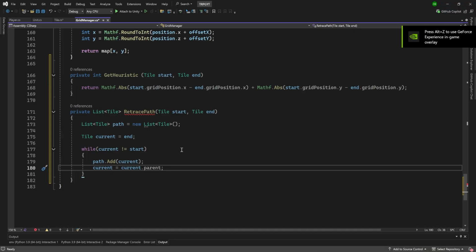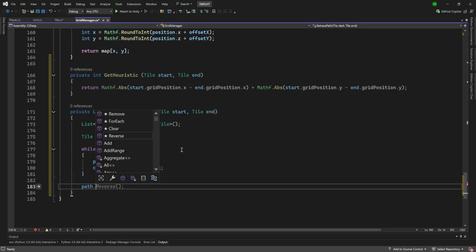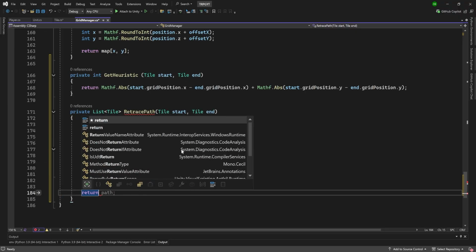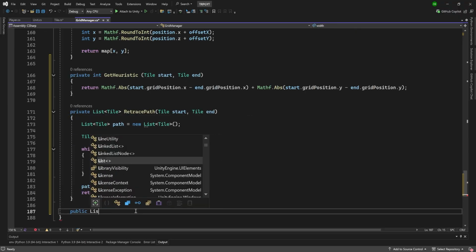So if we pass in the end tile and work our way back through the parents, it's going to give us a nice path from end to start. But obviously we don't want to go end to start, so we're going to do path.reverse, and then we're going to return the path. Now for the pathfinding, there's quite a bit here, so we're going to do public list